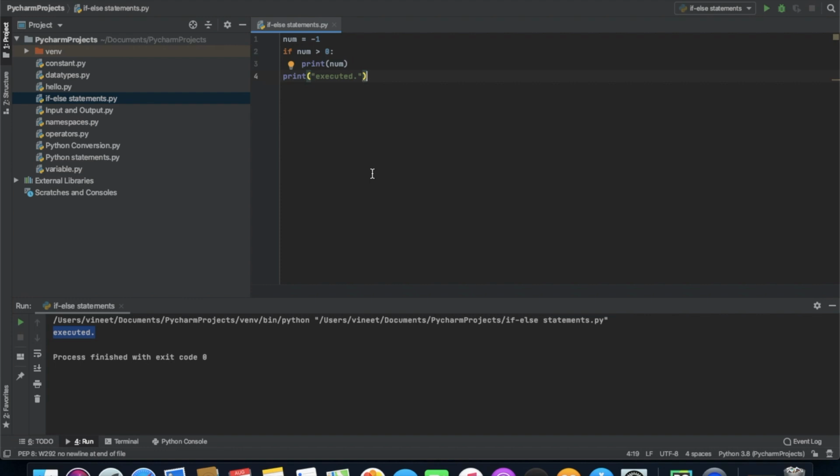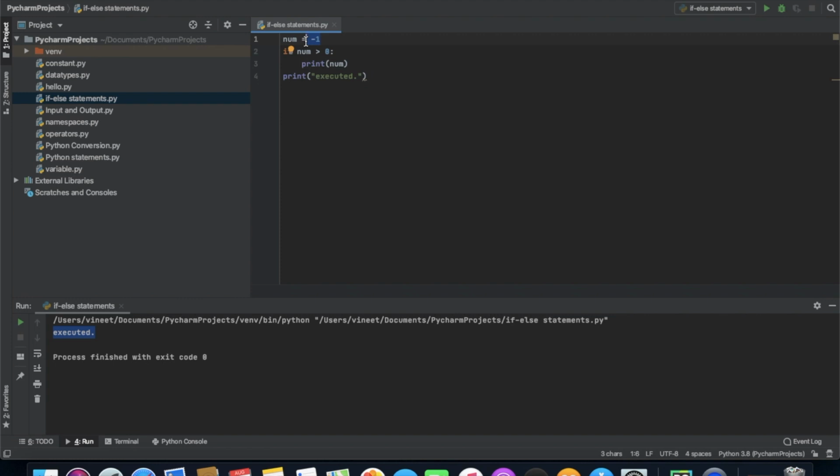So in this example, num greater than 0 is the test expression, and the body of if is executed only if this evaluates to true. When the variable num is equal to 10, the test expression is true and the statements inside the body of if are executed. If the variable num is equal to -1, the test expression is false and the statements inside the body of if are skipped. The print statement falls outside of the if block, hence it is executed regardless of the test expression, and that line should be unindented.